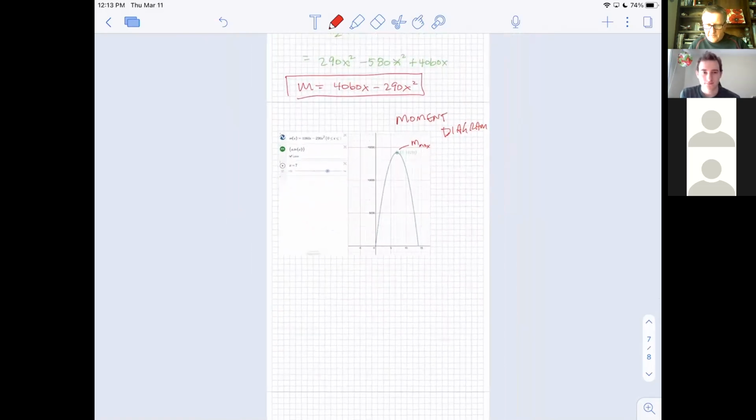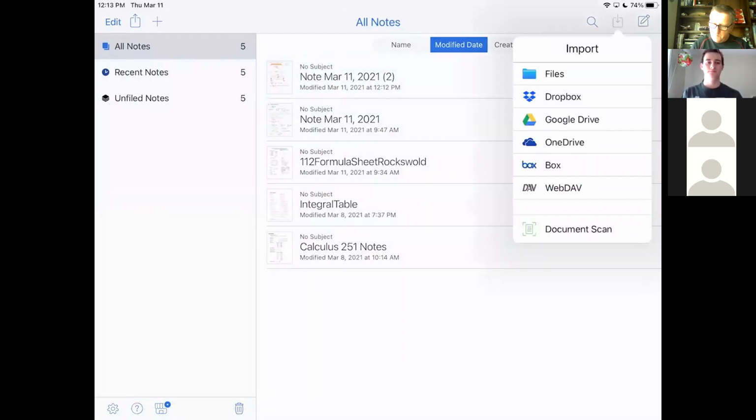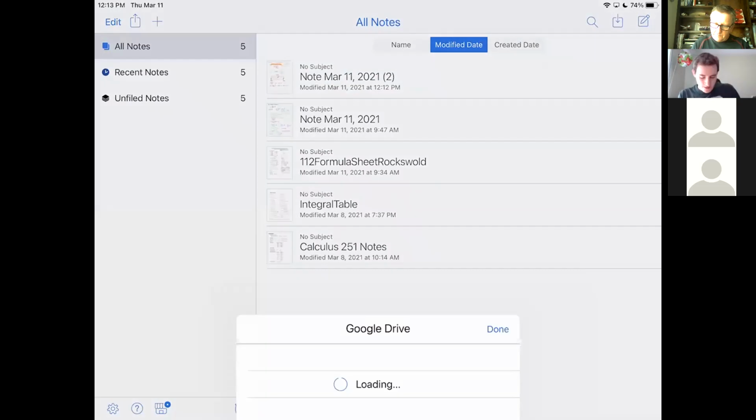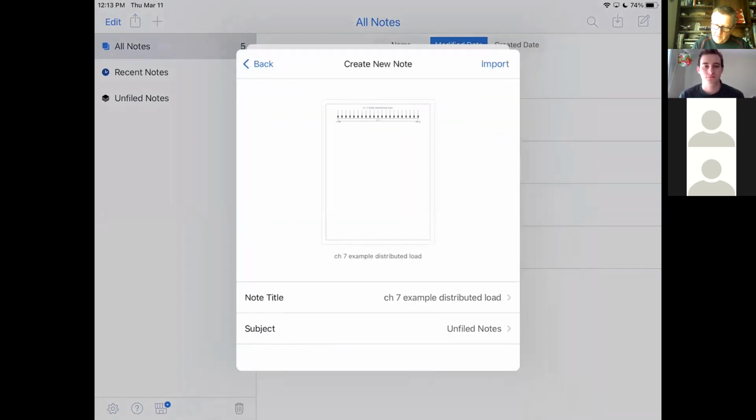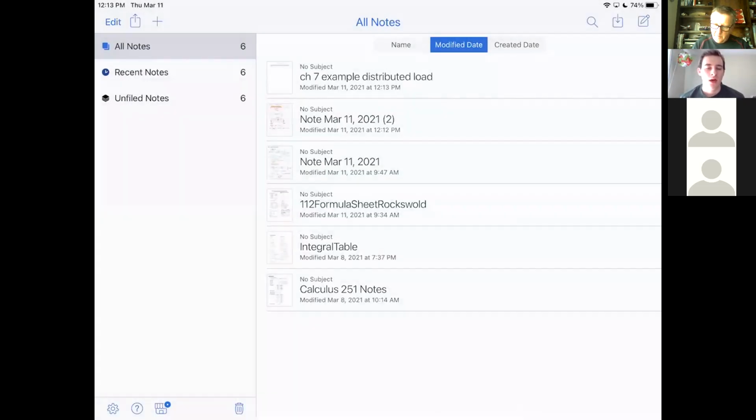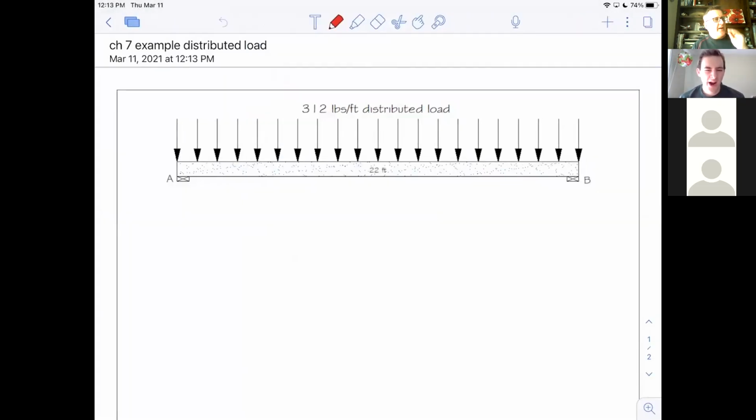Okay, let's see if we can take this from the top before we go today. So here's a nice, lovely drawing. Let's try to do this one more time, but a little bit faster now. So I drew the walls that beam is sitting on. I told you it's 22 feet. I told you it has 312 pounds per foot of distributed load. And let's see if we can do this kind of quickly now. I'm going to do it with you. But let's chop it,